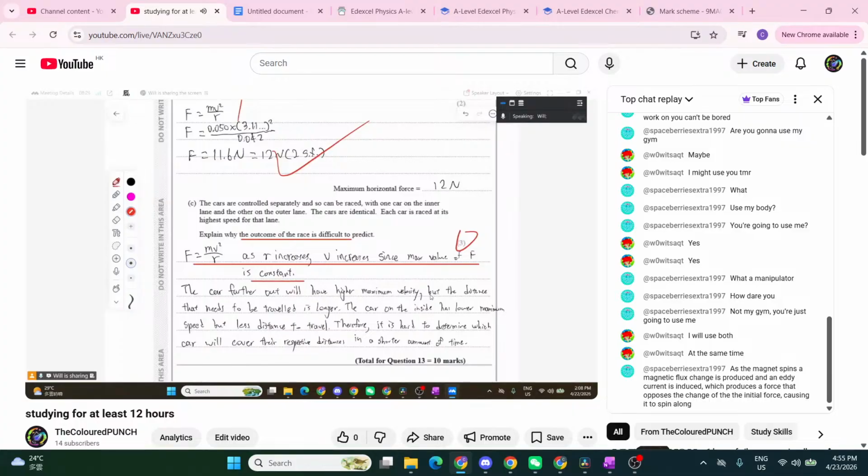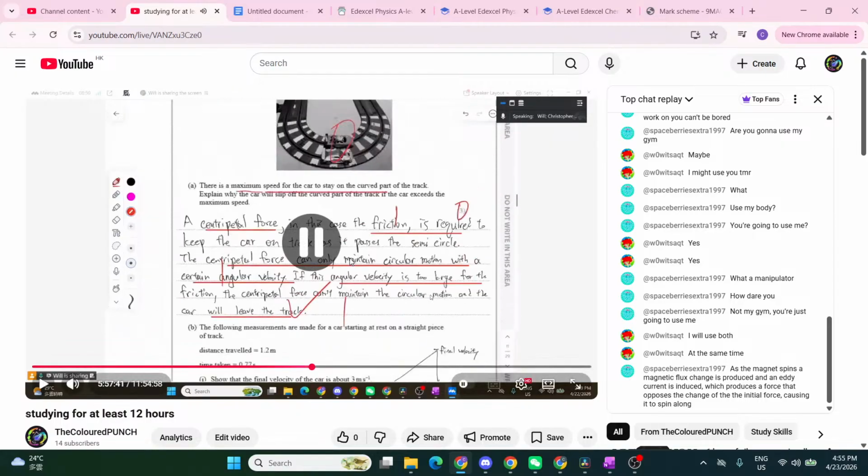It's constant. The car further out has the higher maximum velocity, but the distance it needs to travel is longer. The sentence is right, because the inner lane covers a smaller distance. Understand? And we know, according to the graph,